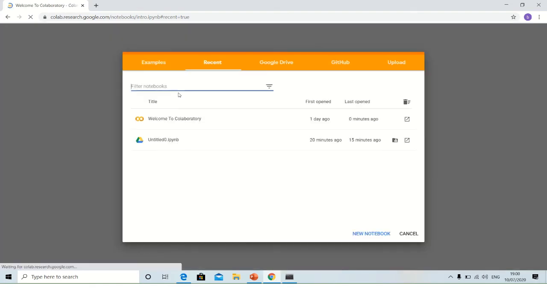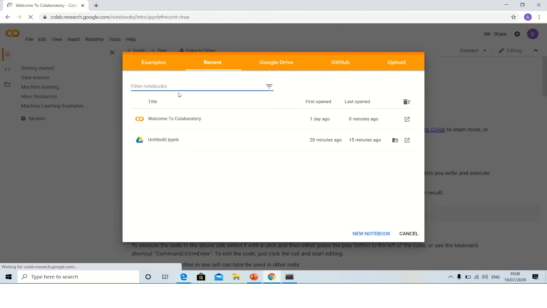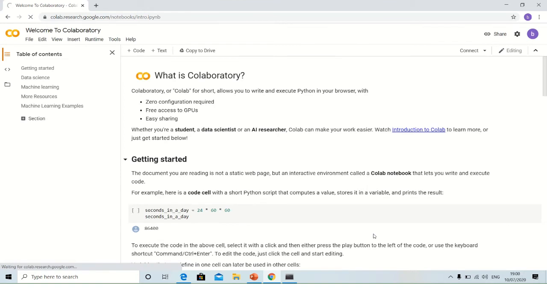When you click there, the Google Colab page will open. When you use it for the first time, it will ask you to sign in with the Google account you have made. I have already made the program, so it went to the main page. To make a new page, click on New notebook, and the page will open. On that page you write your Python programs.